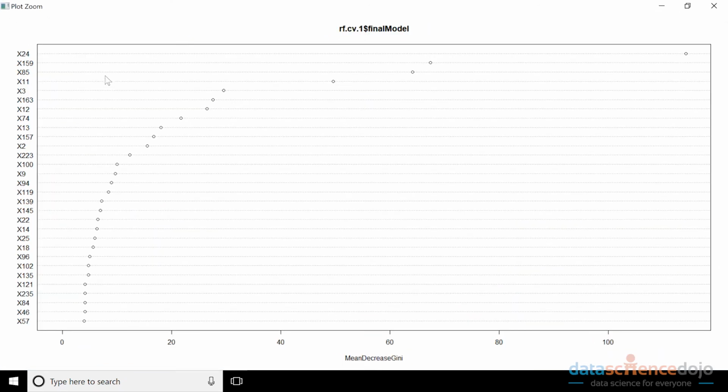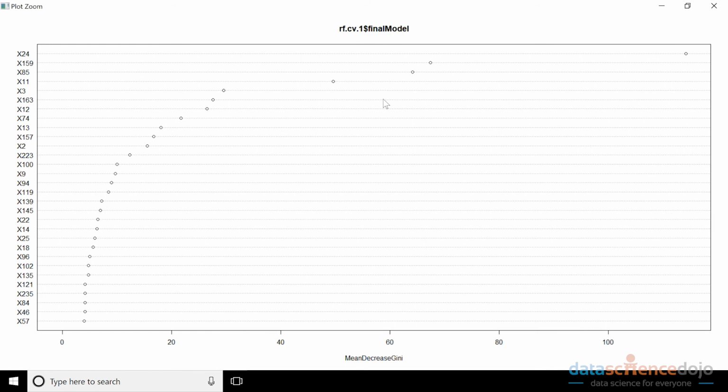you can see that the variable that is x24 is by far and away the most important. You can see that way over here. It's by far and away the most important. And the next up was x159, x85. Now, as I promised in previous videos, what is x24? Oh, we don't know. We don't know, right? Because it's some sort of weird combination of one of those 29,200 something columns that the mathematics said was actually